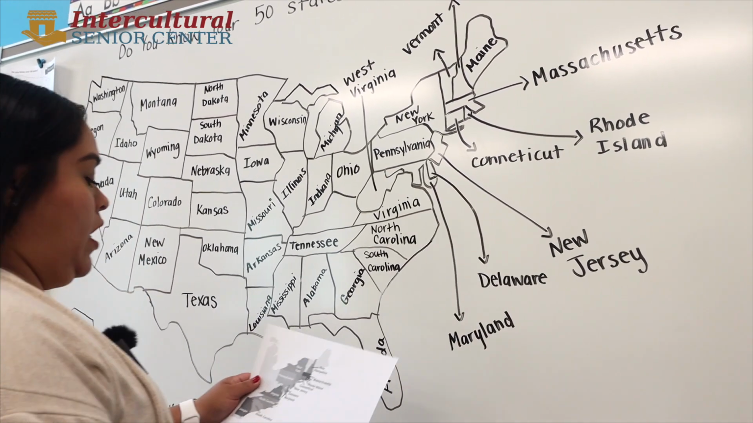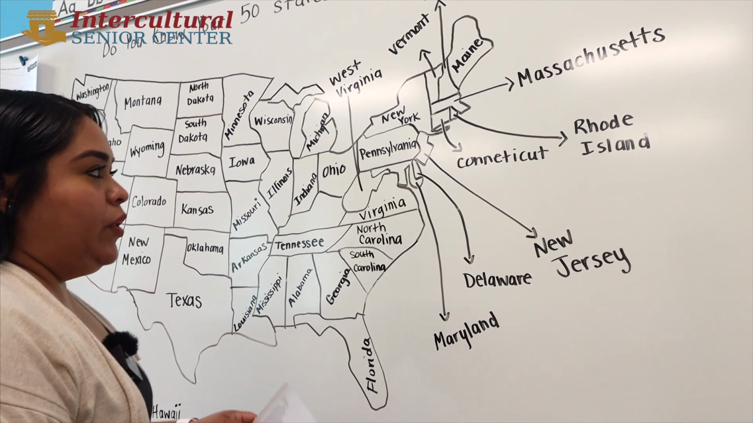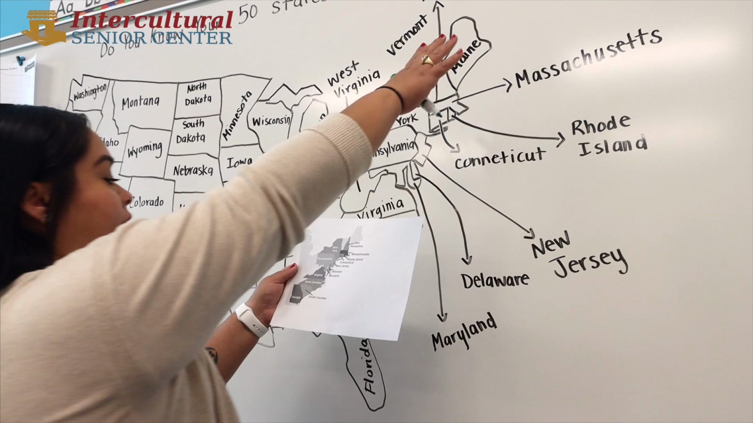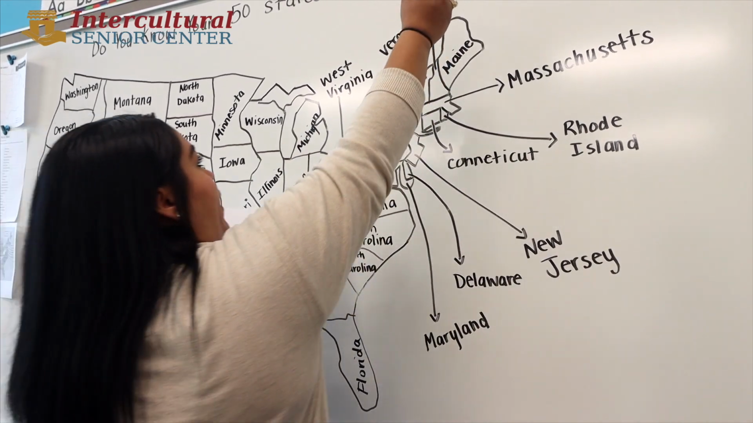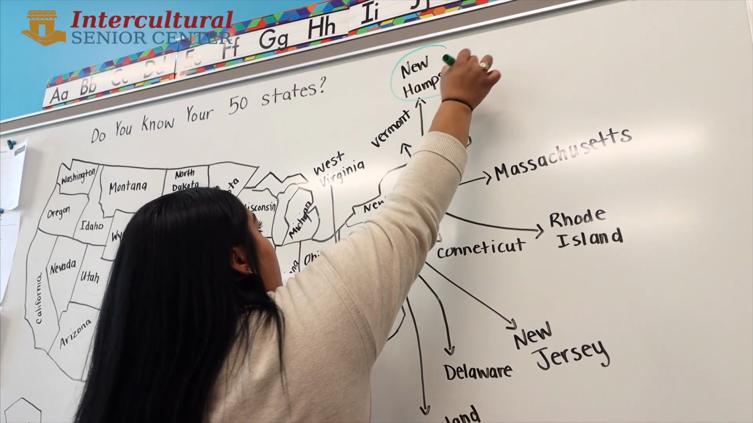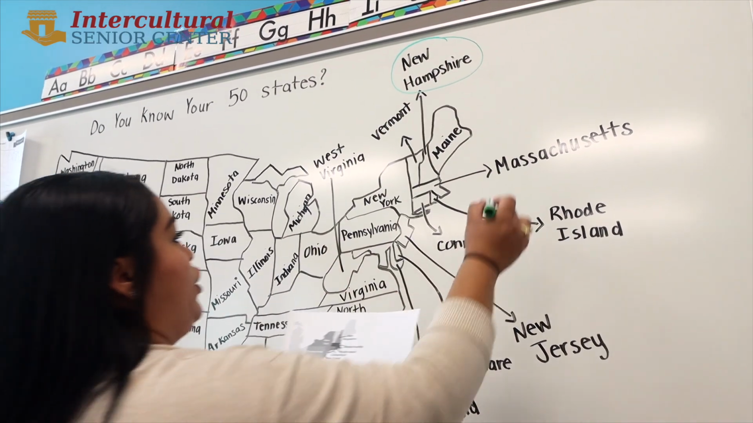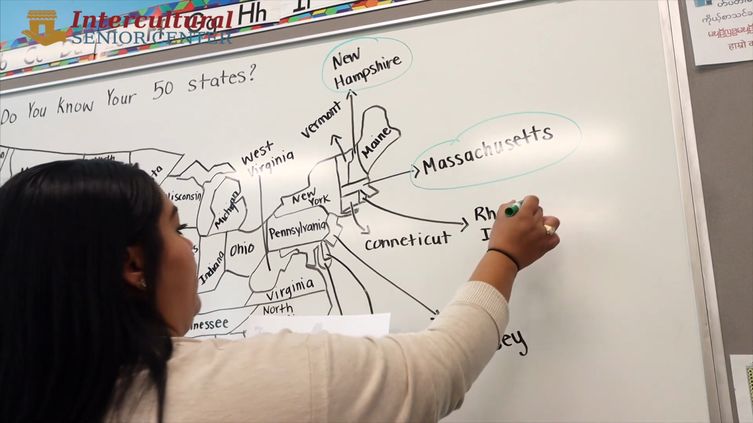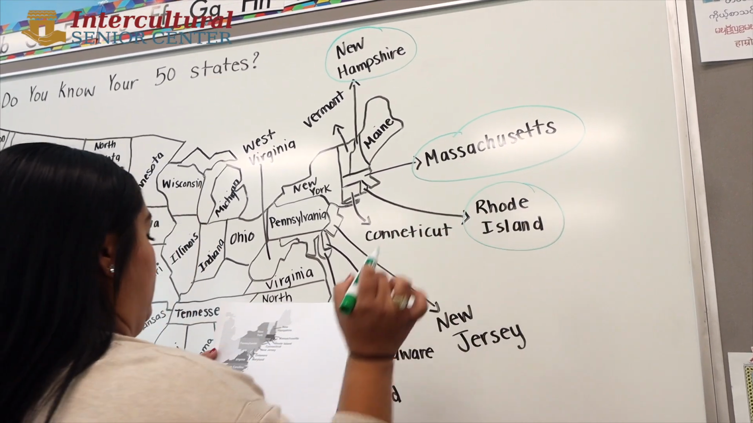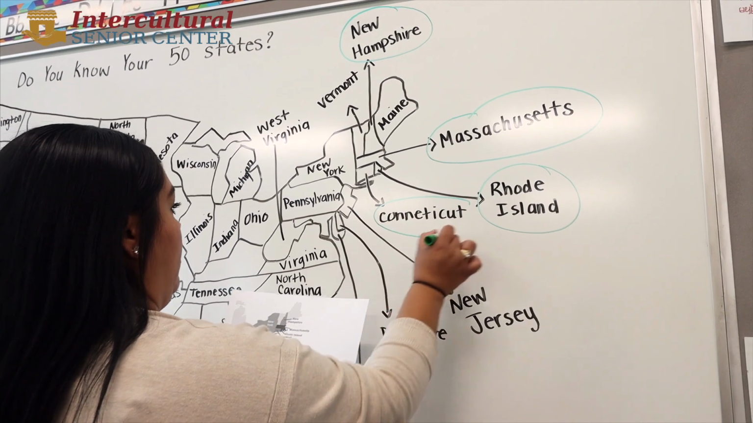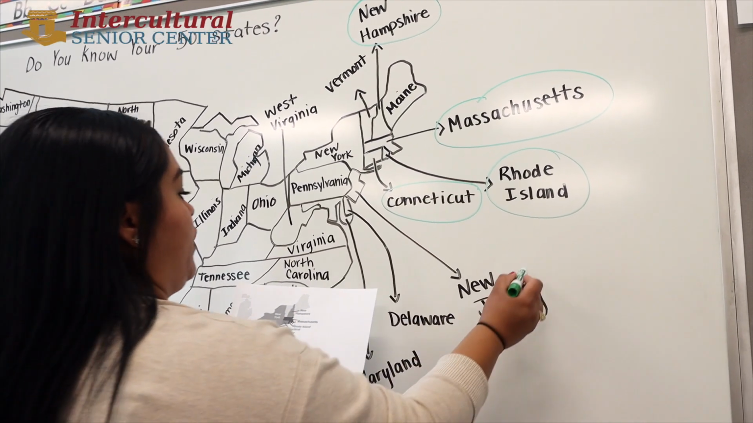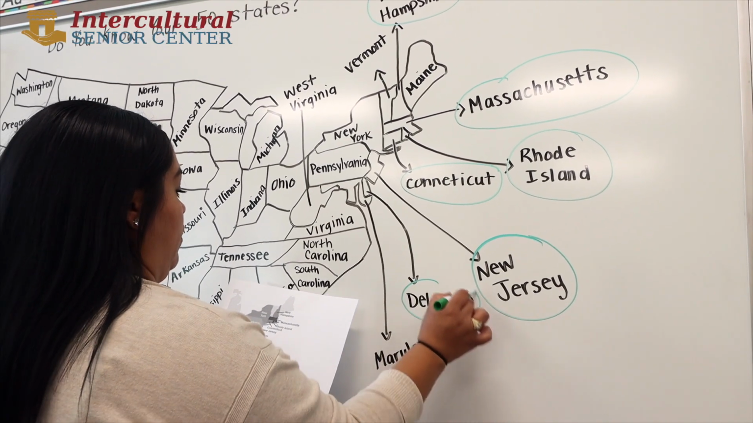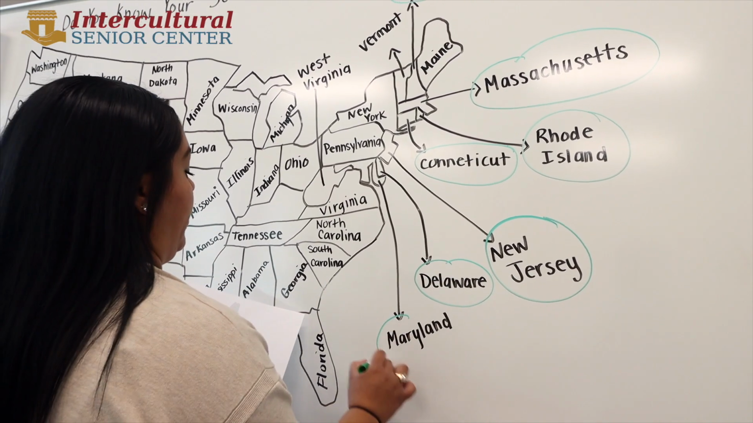So let's get started. They're not in any order. We're just going to go through and circle all of them. So we'll start up kind of at the top. So we have New Hampshire, Massachusetts, Rhode Island, Connecticut, New Jersey, Delaware, Maryland,